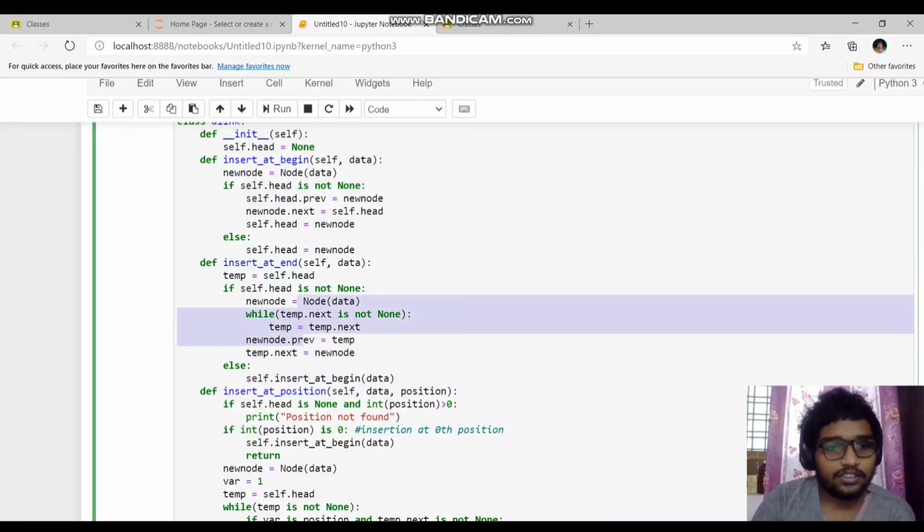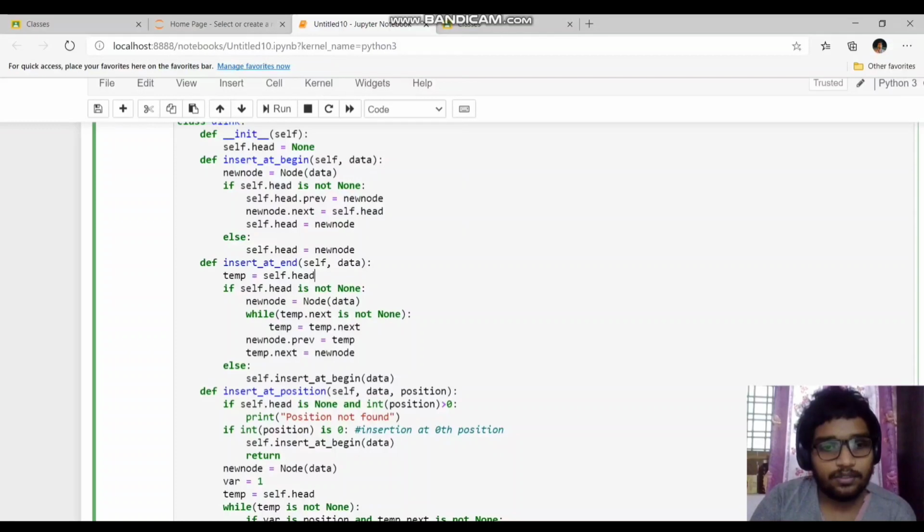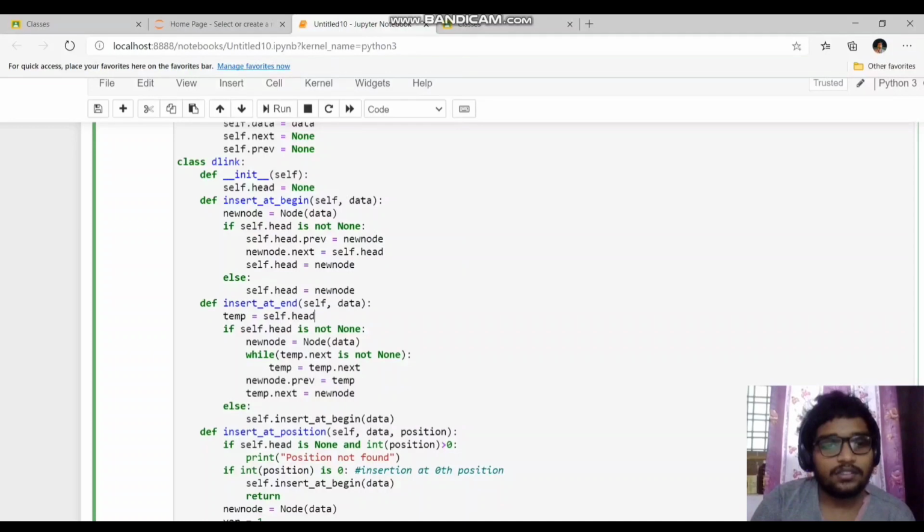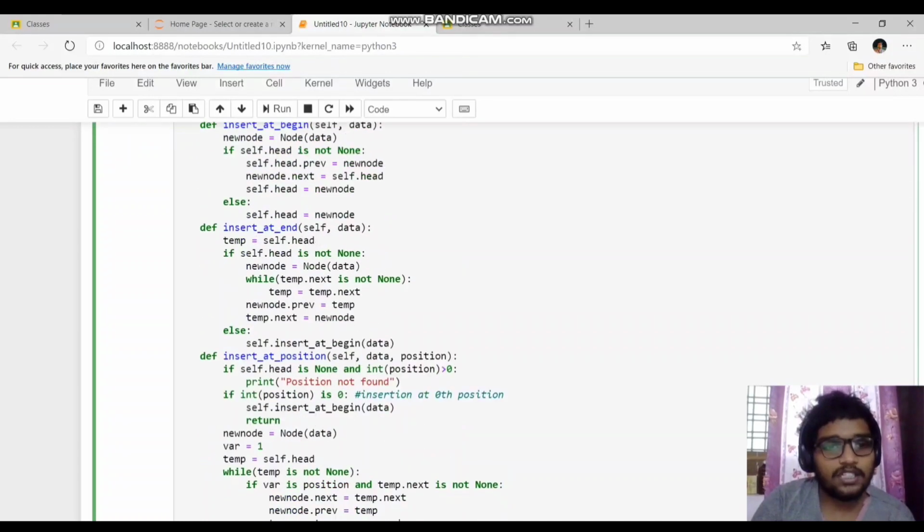Now we'll see first if the linked list has some elements, that is if self.head is not None, which means that the doubly linked list has some elements in it, right? Each time we have to insert data, we have to create an object for this node class, which I have told earlier. And to insert a node at the end, we need the address of the last node, right? To get that address, we have to traverse across the linked list using a loop.